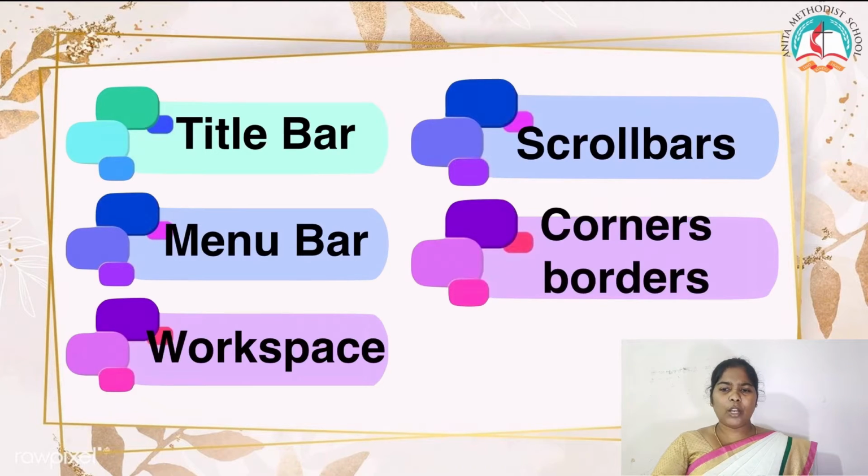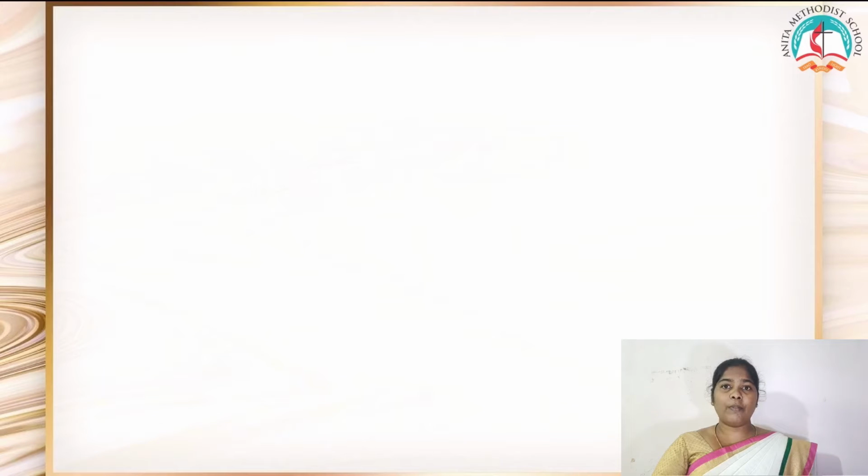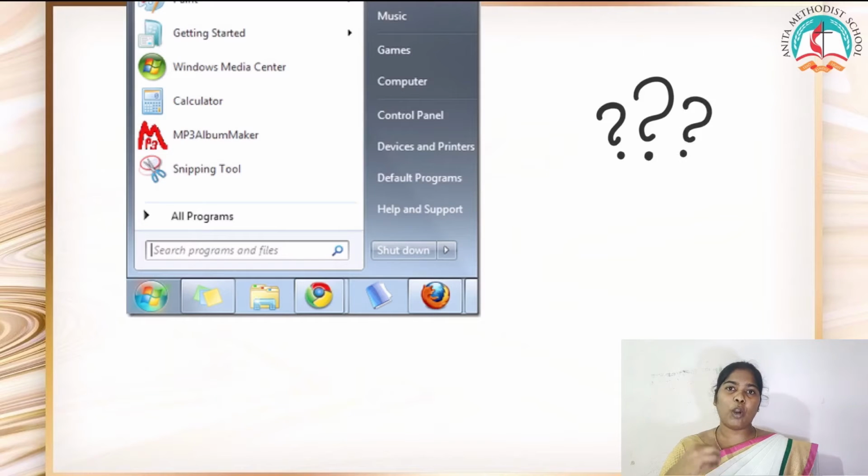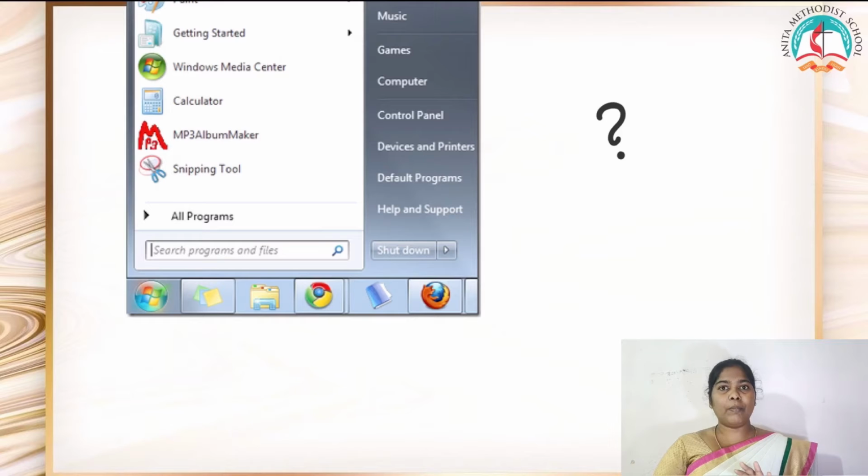Today we are going to learn about some menus. For example, if you want to go to some place, what should you do? You should prepare, get ready, and then start moving. Is it the same way with the computer? If you want to work with the computer, we need to start an application or a program. So we are going to see what the start menu is, what is available in the start menu, some of its functions, and how to start an application.